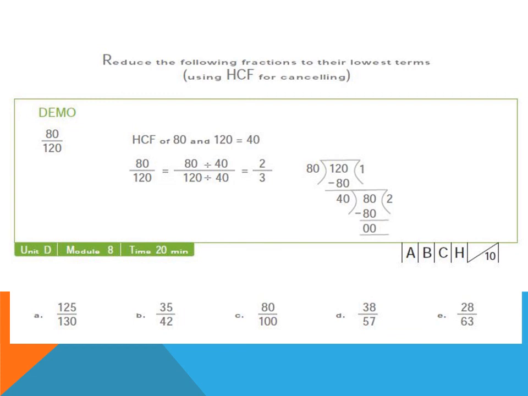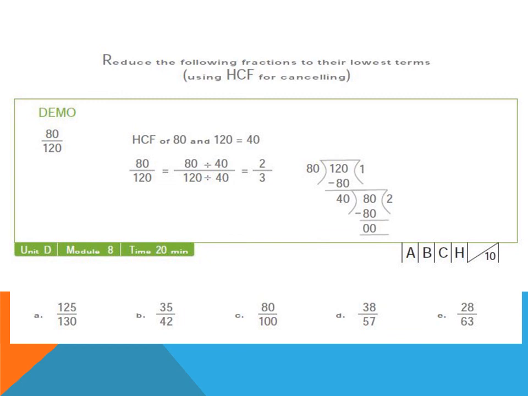By the division method, look at the division at the right hand side. We are dividing 120 by 80 one time, it becomes 80. Subtracting 80 from 120, we get 40. Now we will use this 40 to divide 80, and 40 into 2 will be 80, so the remainder is 0. So the last divisor was 40, so the HCF of 80 and 120 will be 40.